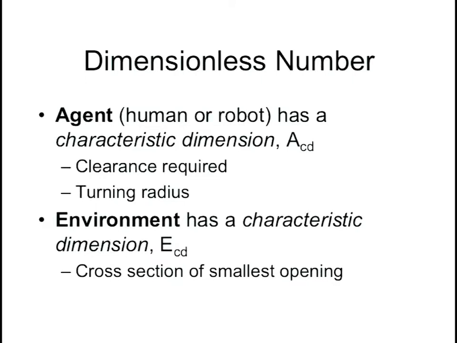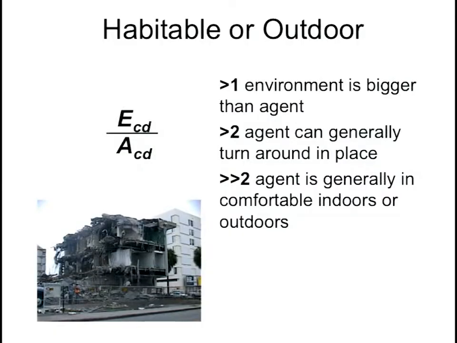So the idea is that the relative size of the environment and the agent is going to create regimes in which you can understand what robots are useful for what types of things. If the environment is large compared to the agent, we often call those human habitable spaces because they're built for people to get around, usually a couple of widths there, maybe a door that's a little narrow, but overall the space is fairly easy to go around. Or you're outdoors. I think Fukushima and the DARPA Robotics Challenge are really working on the concept of disaster robots, but applied to the regime of habitable or outdoor cases.